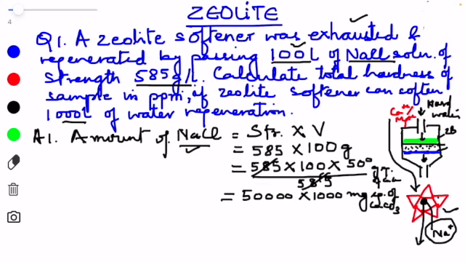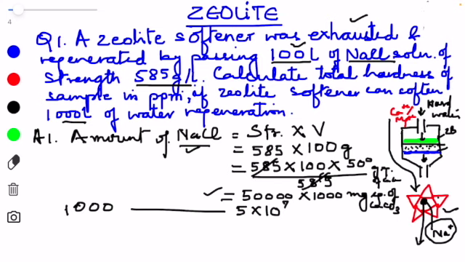So how do we go now? This much hardness is present in water. What was the volume of water given to us? It is 1000 liters. So I say that 1000 liters of water carries this much hardness, which is 5 times 10 raised to the power of 7 milligram equivalence of calcium carbonate.